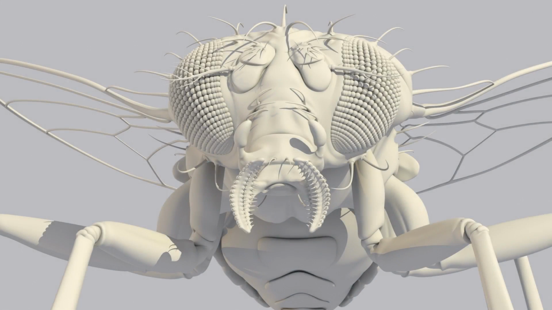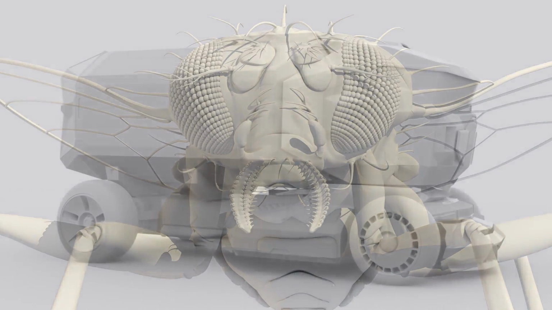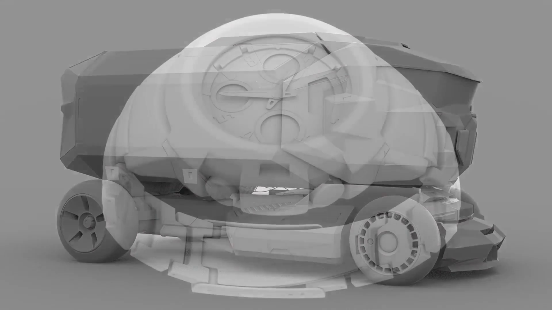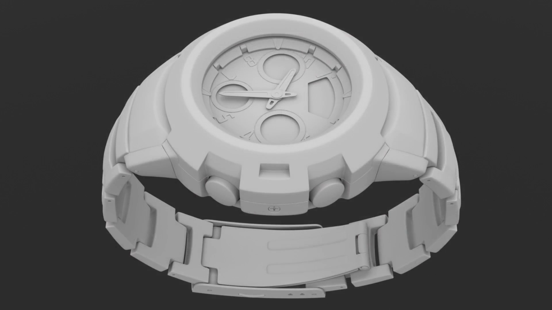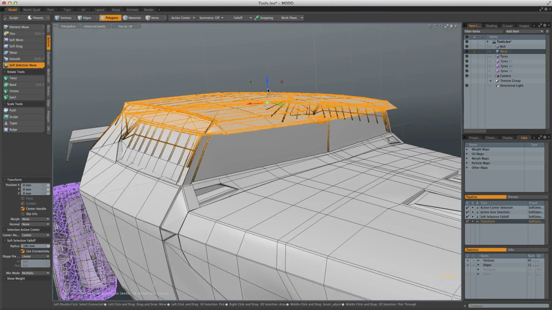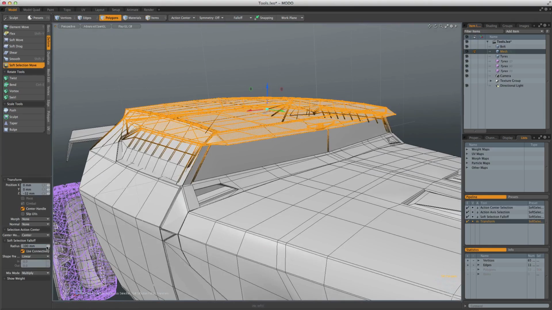MODO is an exceptional, universally recognised polygon and subdivision surface modelling application. Built on a philosophy of tools that enhance creativity, its toolset is mature, fast and easy to understand. The majority of tools in MODO are a combination of building blocks, transforms, action centres and fall-offs, which together make